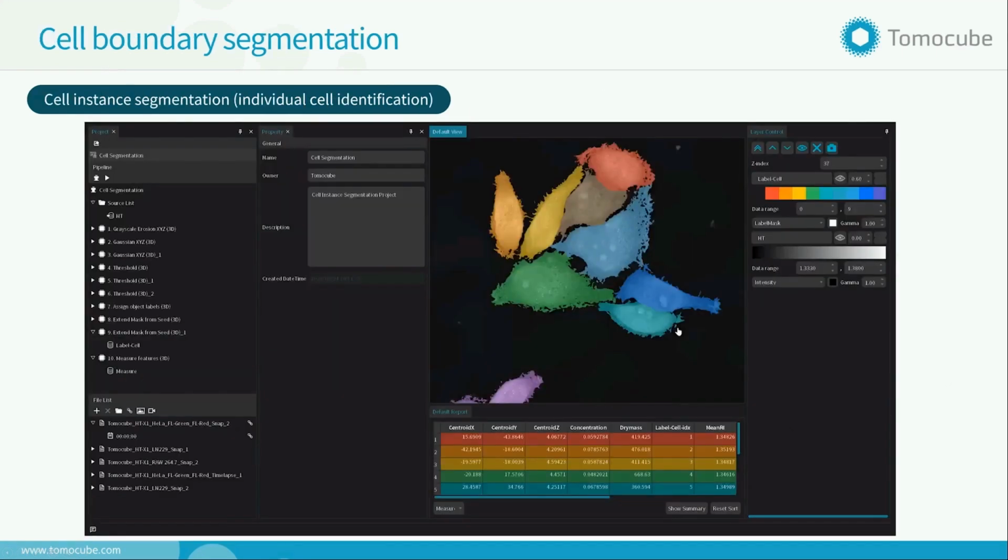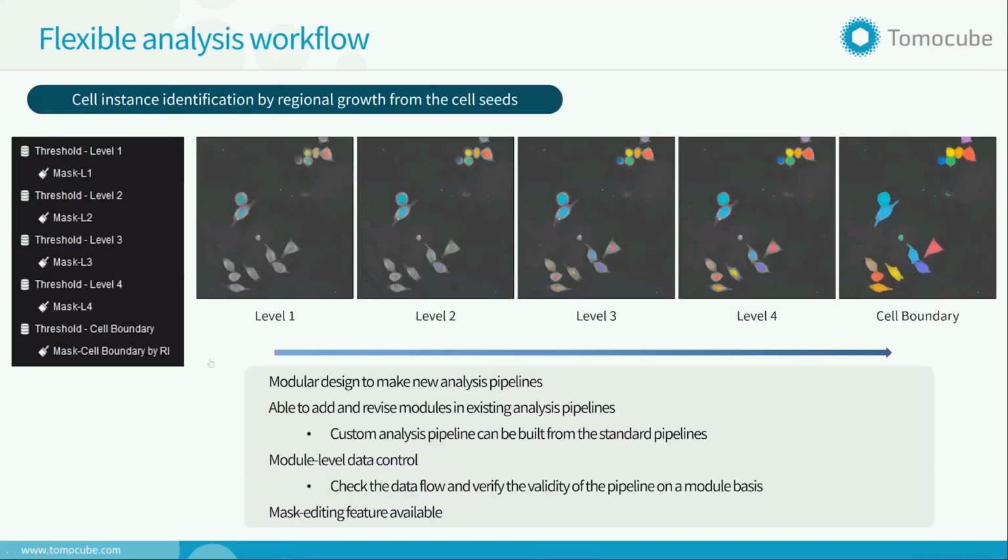But in many cases of studying individual cells, you want to perform instance segmentation. Like you want to segment the individual cells differently so that you can retrieve different quantitative values for each segmented cell. For this one, we provide a multi-layer analysis pipeline. So for example, you can use different values of the refractive index for thresholding to provide seeding of the different locations of the cell in this case. And by adjusting the different refractive index values, you can perform